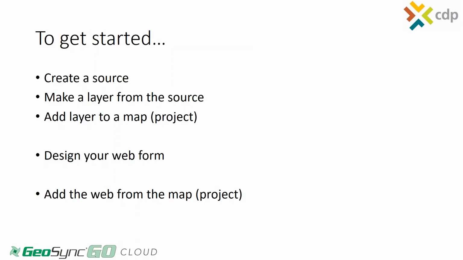We have to have added that source to the Geosync Go Plus environment, we need to create a layer from that source, and then we've got the layer added to our map. Now that source might be a blank source. There's no data in it, so we're going to capture, or it could be that we're going to populate in some existing data. Then what we would do, once the source is there, then we can design our web form, and then we add the web form to the project itself, so it would be available for us to use